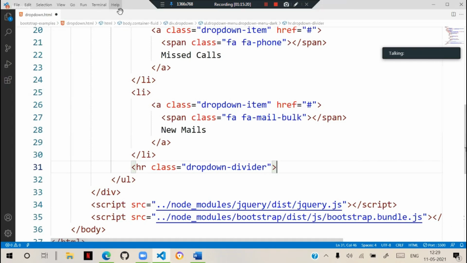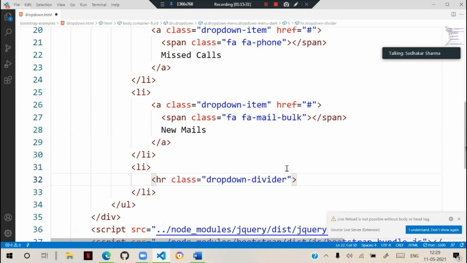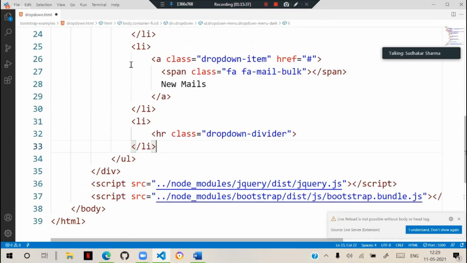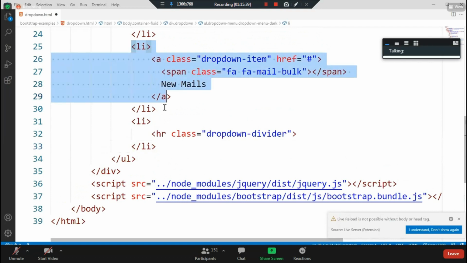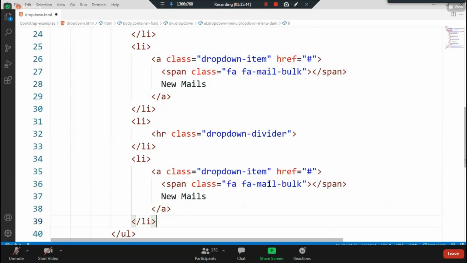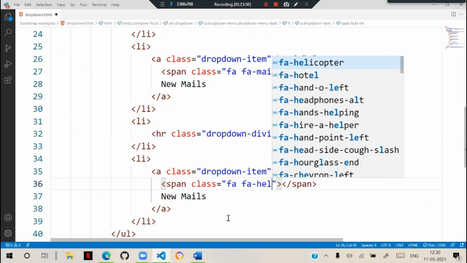Earlier, for the list item, you have to keep that HR. That means what you can do is, inside this, add another list item and keep that HR inside it. It means a horizontal line. After that, you can add one more item. So list item and the list item. So we will define some other options here. Suppose here we defined like FA help.